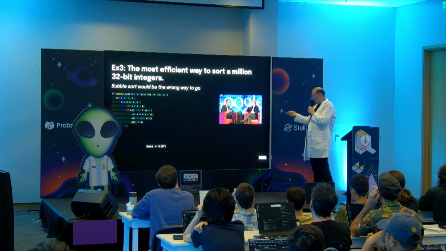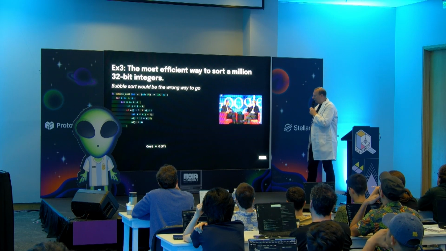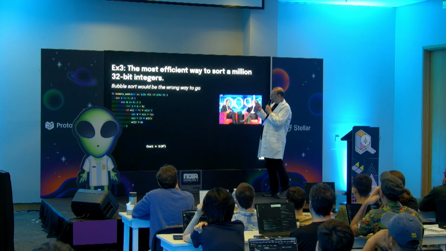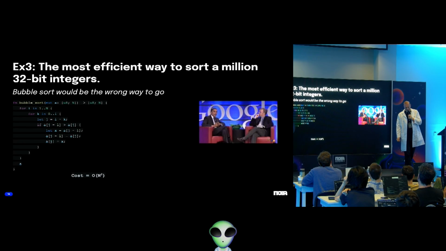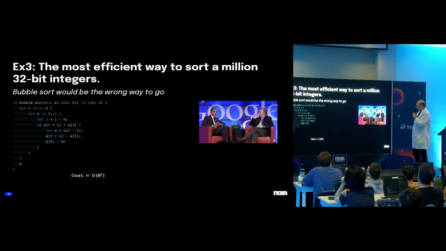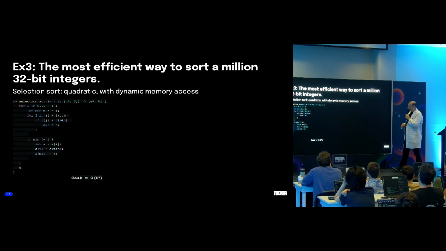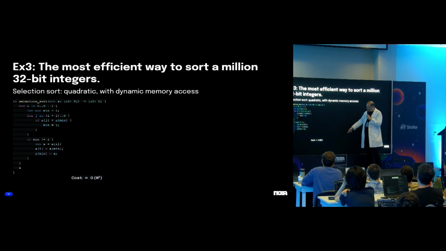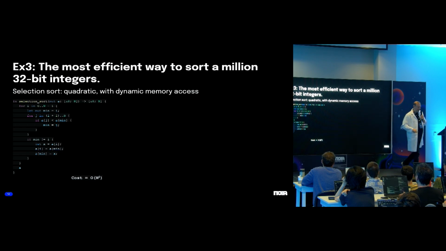So you may remember this interview with Obama. So what is the most efficient way to sort an array with a lot of numbers? And yeah, you should not use bubble sort, because bubble sort is quadratic. The good point about bubble sort is that it is very simple. So for instance, if I try to do a selection sort, which is also quadratic, here the cost will be bigger. We will see this, maybe I can,